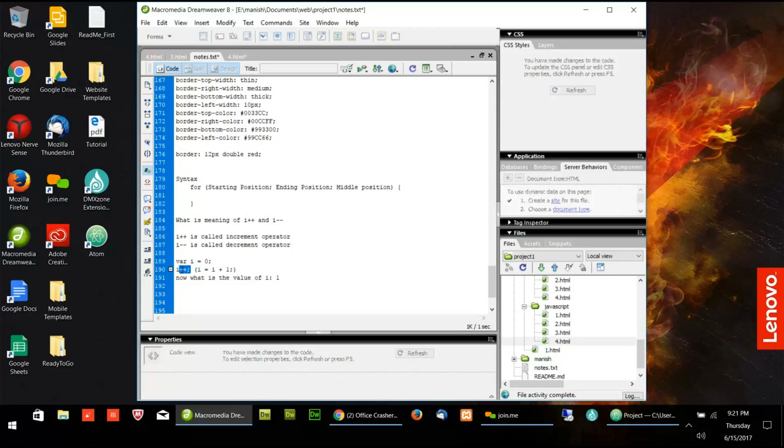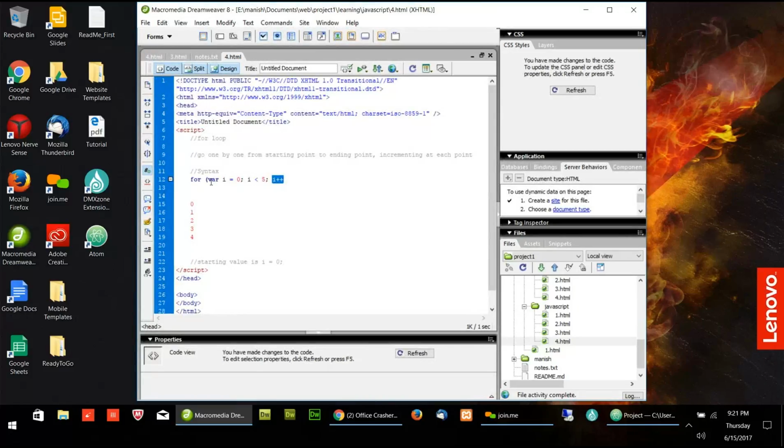If I do this I plus plus again, what will be the value of I? 2. So each time I put I plus plus, the number will increase. If I say I minus minus, then the value will decrease by 1.